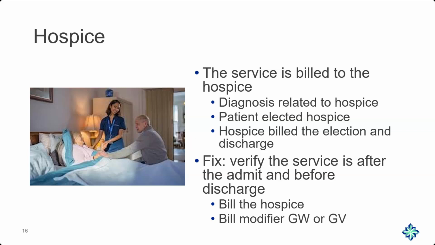The GW, on the other hand, is for everything else, billed on those two types of claims. So it could be used on an ambulance run, it could be used on a physician service, it could be used on a diagnostic test, it could be used on a variety of other things. Basically, this is not related to hospice. Put a GW on it to tell us that.